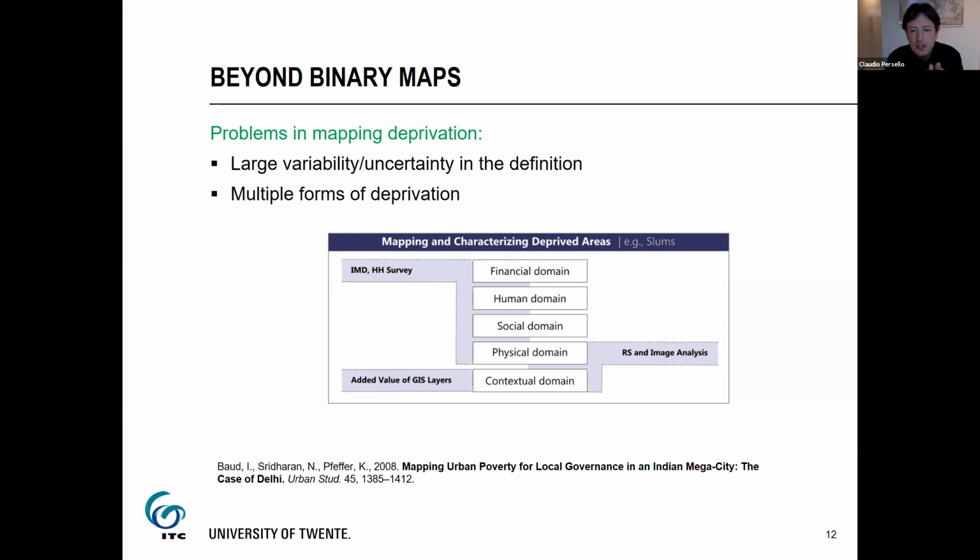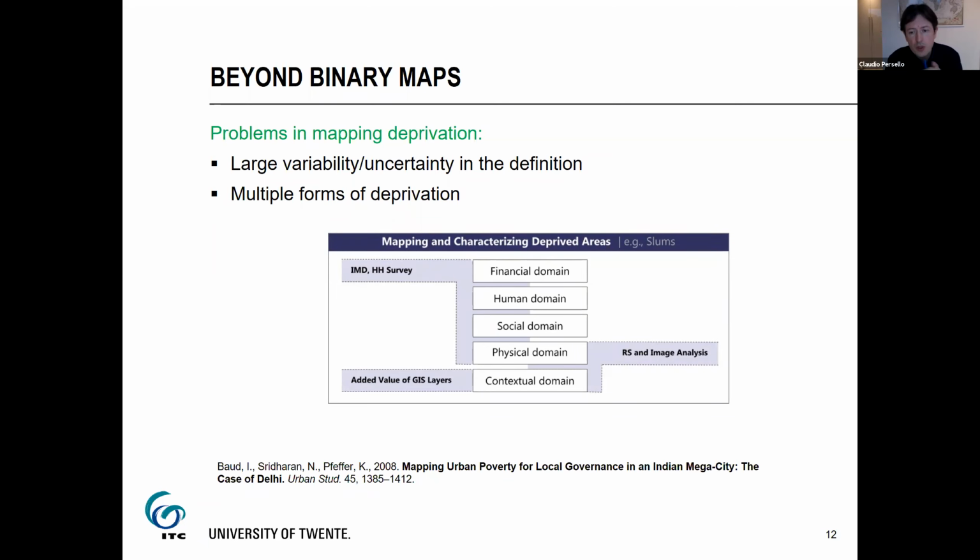But this assumes that there is actually a sharp decision boundary that allows us to distinguish what is slum and what is not. But often it is very difficult to give a definition, and it varies from country to country. And another problem is that slums are very different and can be associated to different forms of deprivation